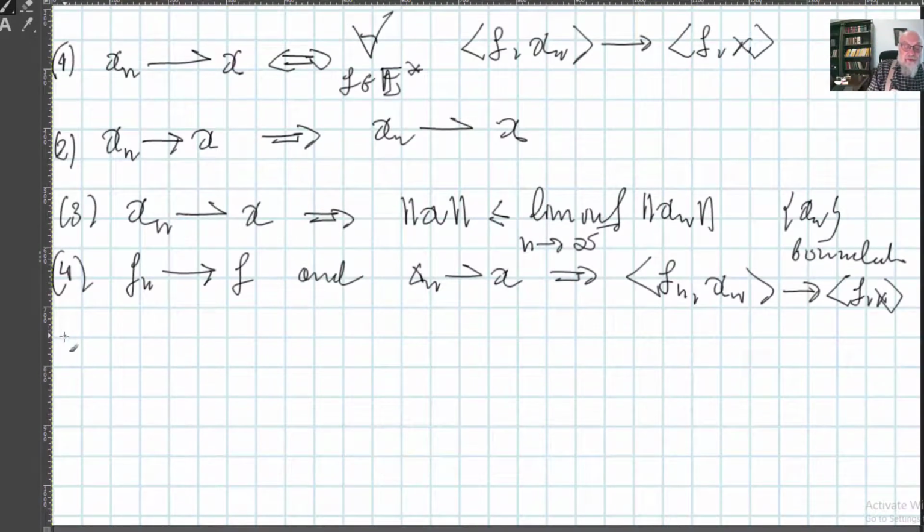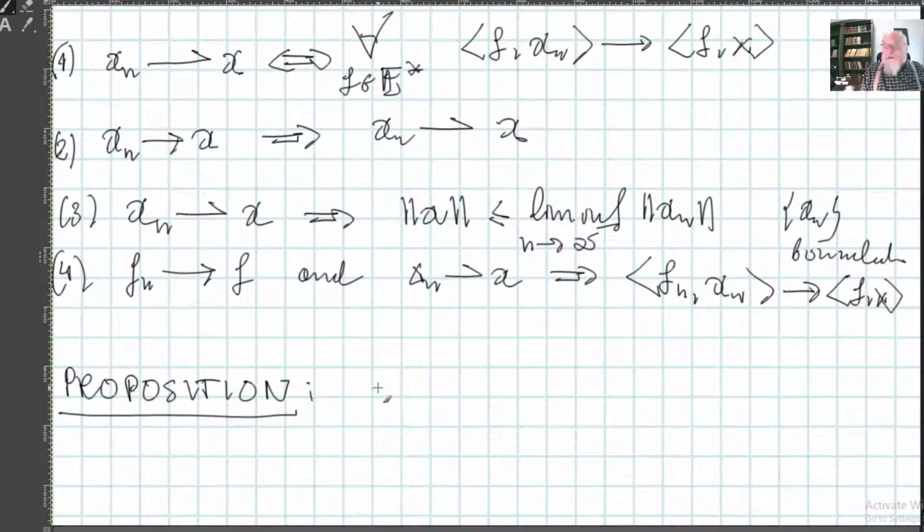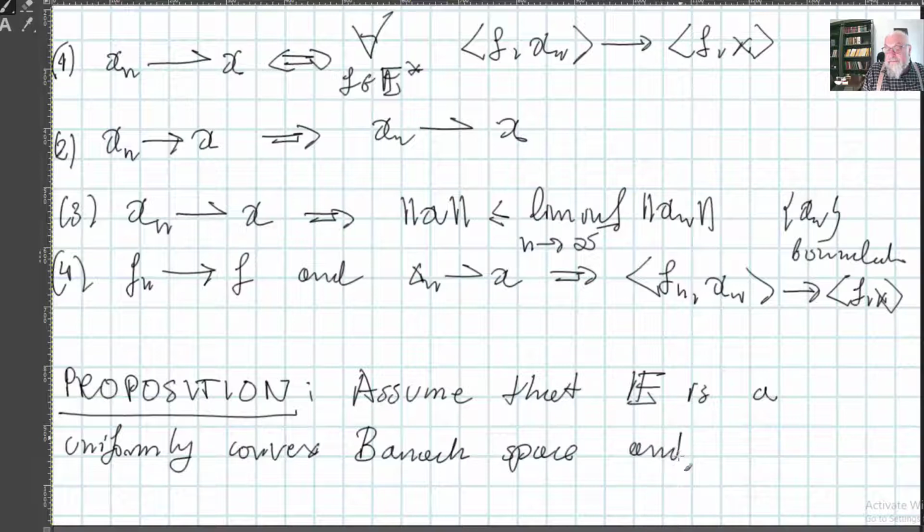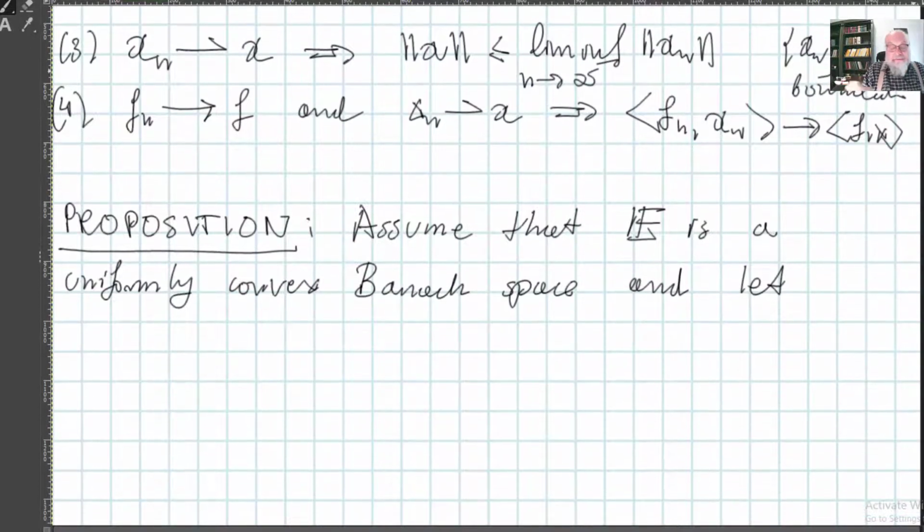So the proposition is the following. Assume that E is a uniformly convex Banach space and let xn belonging to E be a sequence